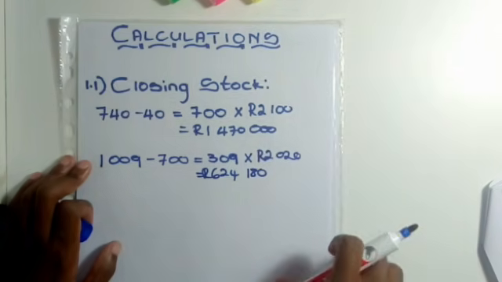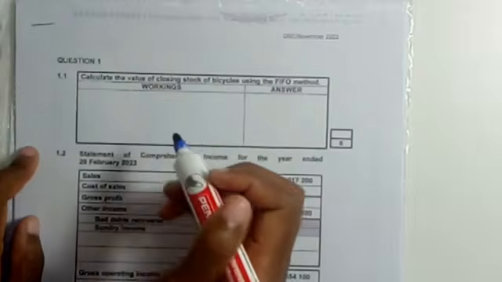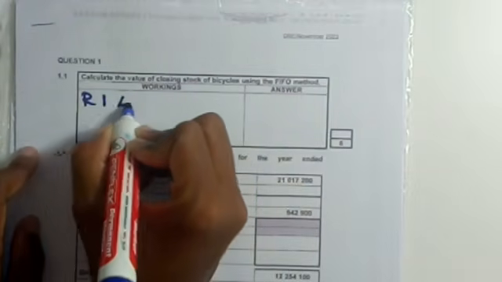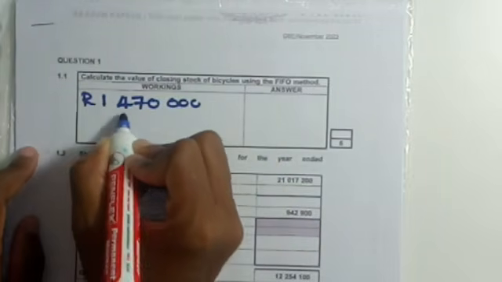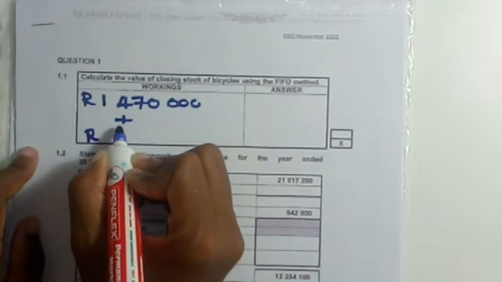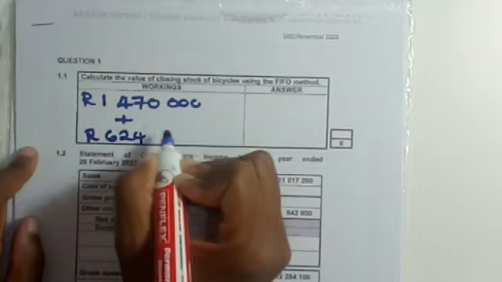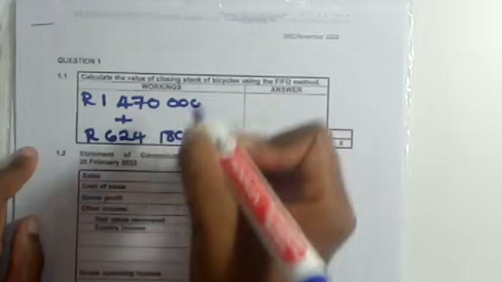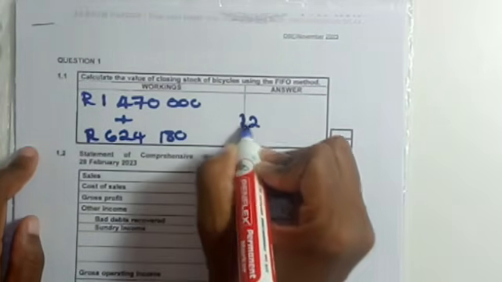there and get my final answer. Now that I have figured out my calculations, I know that from the January 2023 stock, I have 1,470,000 that I'm going to add to the stock from September 2022, which gave me a total of 624,180. I'm going to add those two amounts together, and